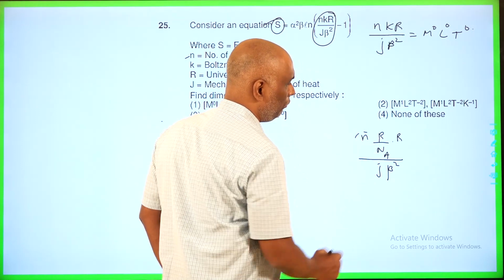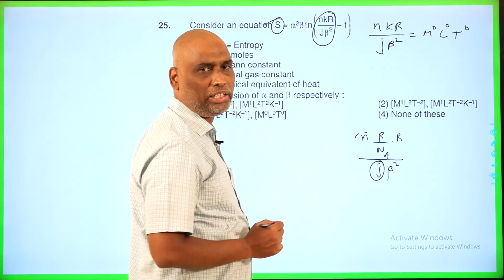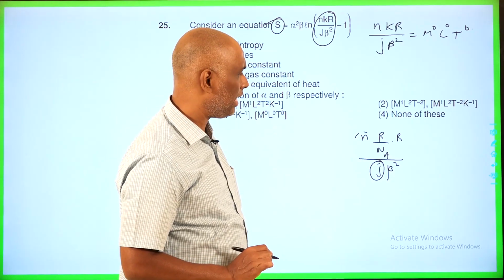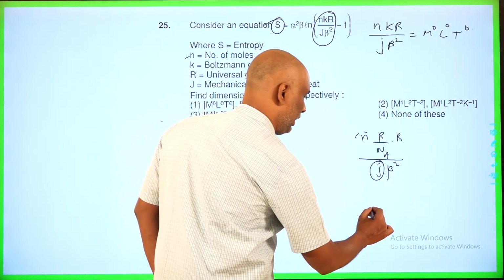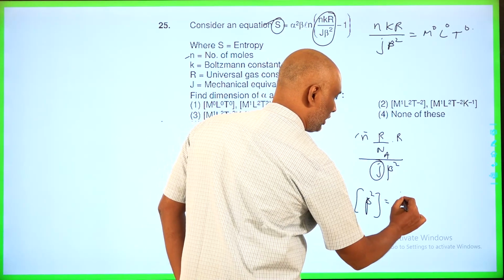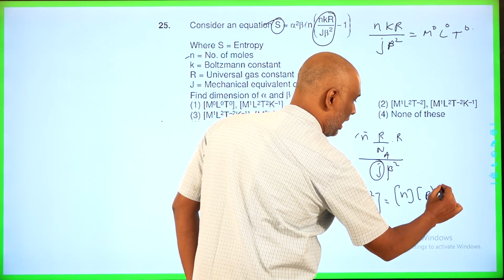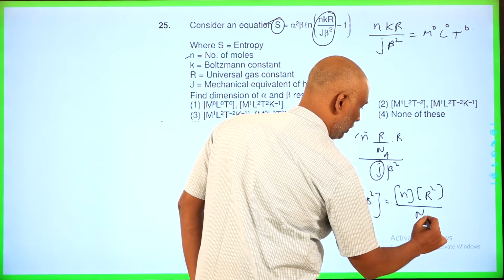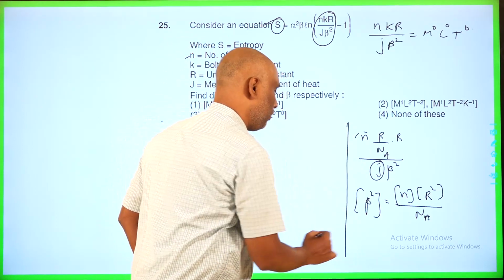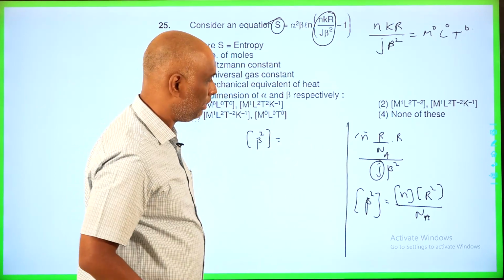Here this is the number of moles. So if you want to get the dimensional formula of beta, J does not have any dimensions, the mechanical equivalent of heat does not have any dimensions because it is work by energy. So the dimensional formula of beta square should become equal to the dimensional formula for number of moles into the dimensional formula for R square divided by the dimensional formula for Avogadro number. Okay. Now from this equation the dimensional formula for beta square will become equal to n, the number of moles,